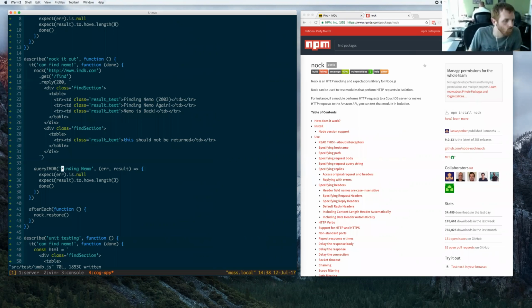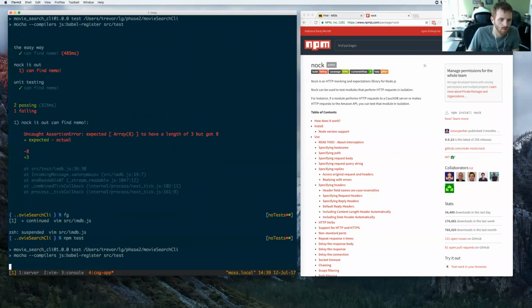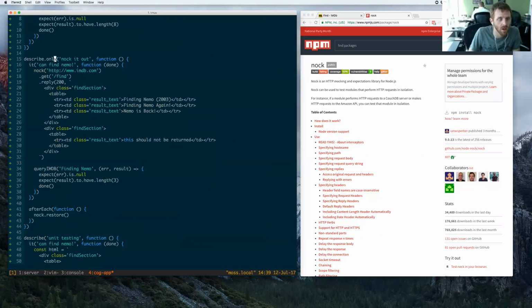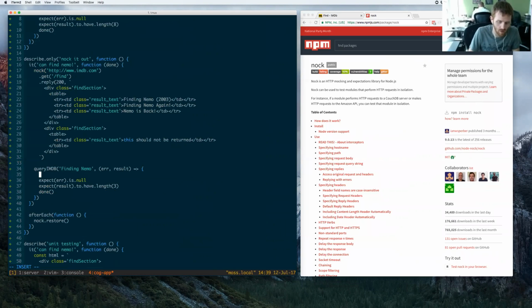I have to say I'm a little stymied by that. Let's see if it has anything to do with these other tests. Just run this test all by its lonesome. No. Expected to have a length of 3, but got 8. And we log that result. I'm pretty sure it's going to be the result from